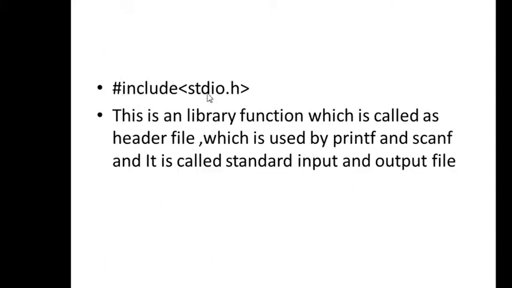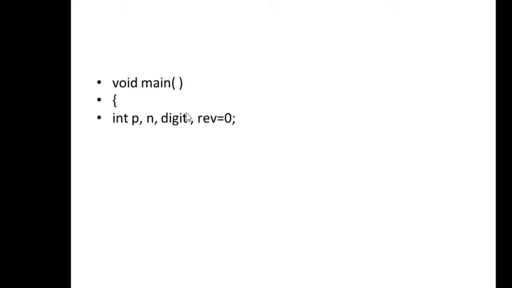#include stdio.h. This is a library function called a header file, which is used by printf and scanf, and it is called the standard input output file. That's what #include stdio.h is. So void main, open braces, int p, n, digit, reverse equal to 0. Meaning of it,